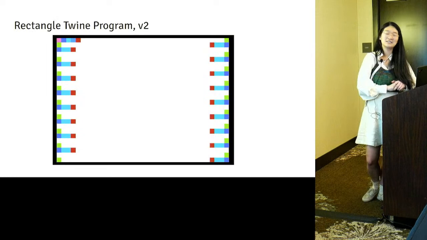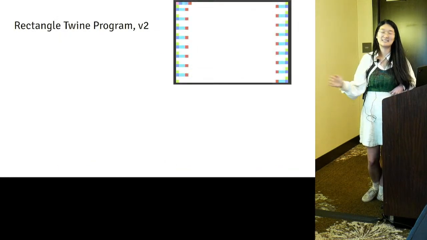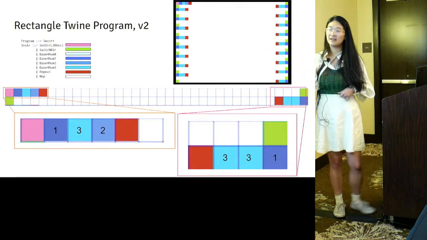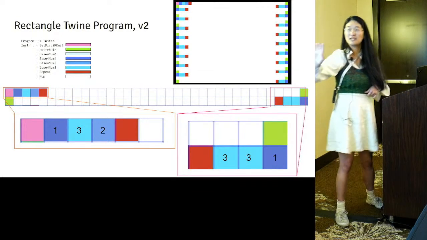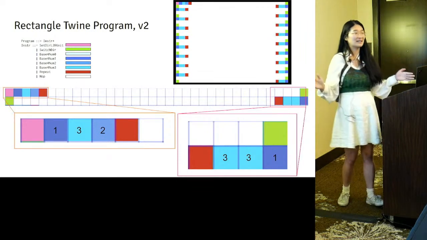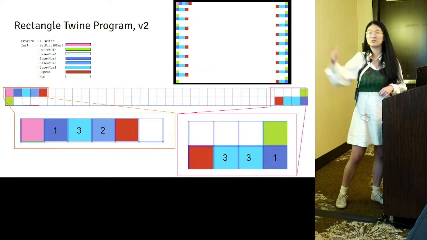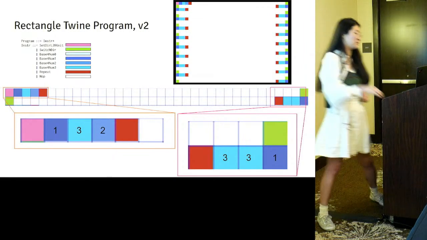And so here's our updated version of the rectangle. You might notice it looks almost exactly the same. But there's one important difference, which is that these numbers that I told you earlier, like 3, 1, 0, are now shorter, because we still want to have a 36 stitch wide rectangle, but those color instructions are contributing to the width. So we only have 30 stitches in between the instructions on the top and 31 in the bottom, and so on.